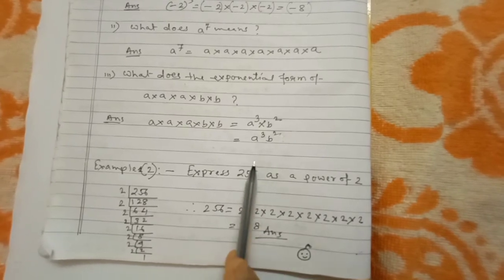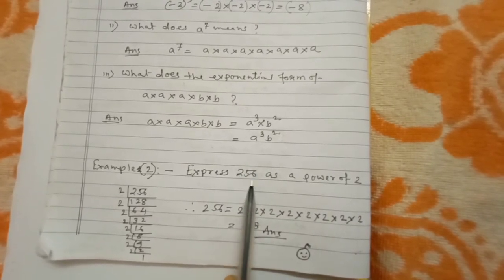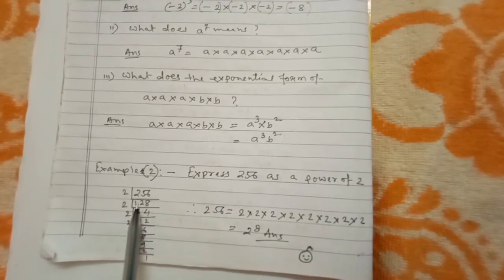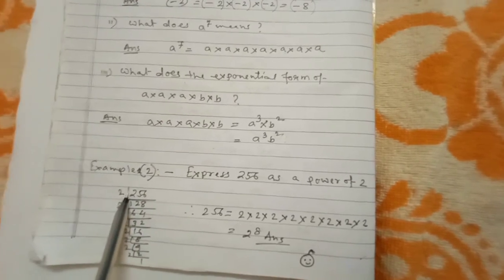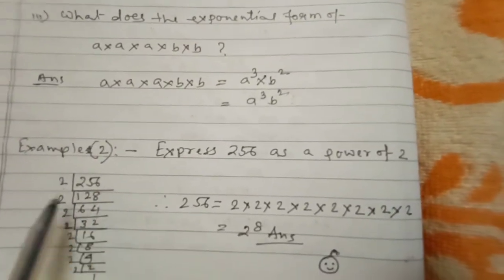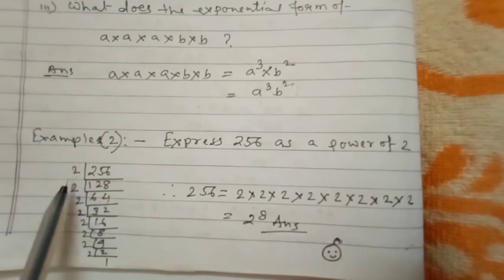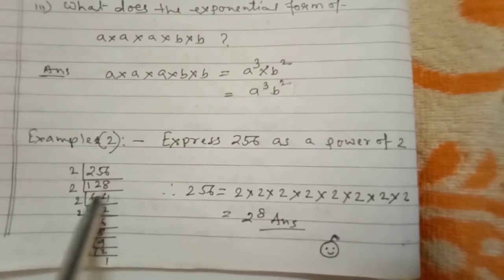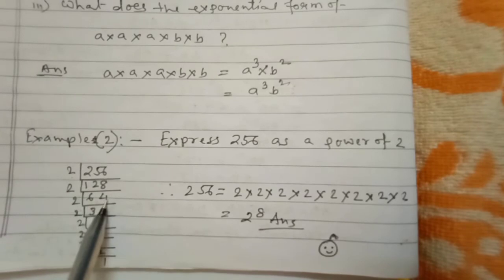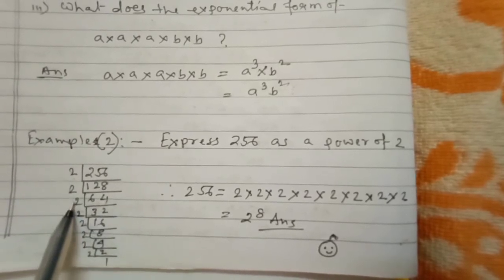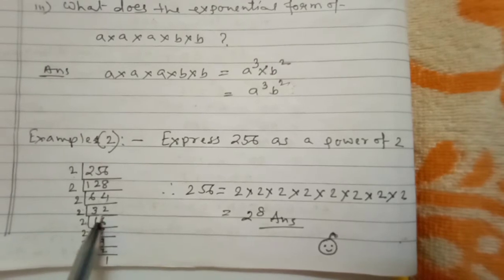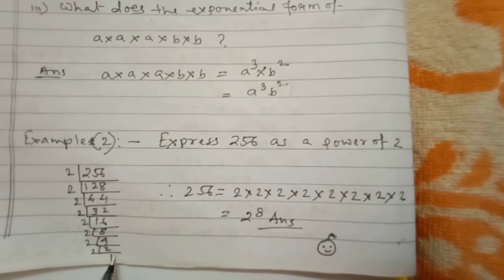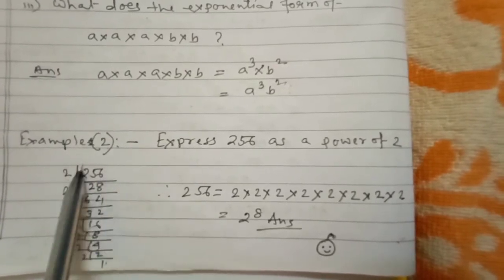When we have to find any number in its prime basis, we have to find the prime factorization of this number. To find the prime factorization, do this. First, it is an even number, so we will start with 2. Divide it, 256, and we will get the number. Again it is coming an even number, we can divide it by 2. Divide it, again even number 64, divide it again by 2. How long is it possible for you to divide? Continue, and when 1 comes at the end, then your prime factorization will be finished.